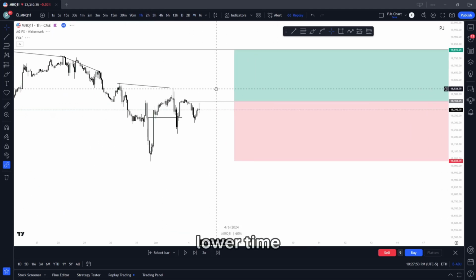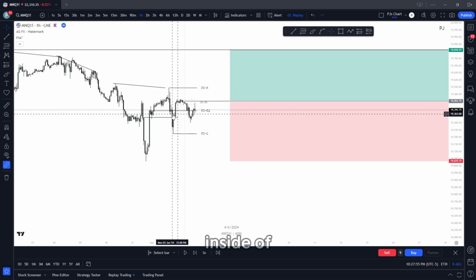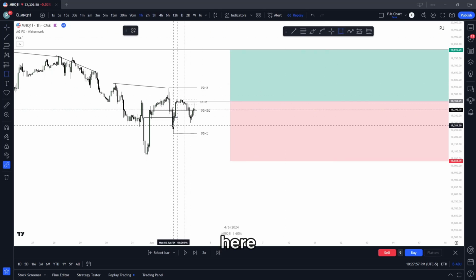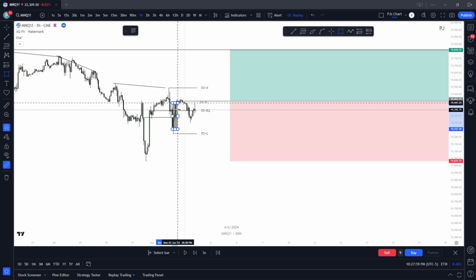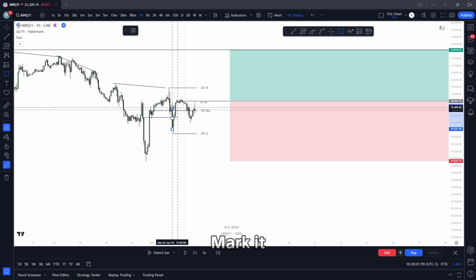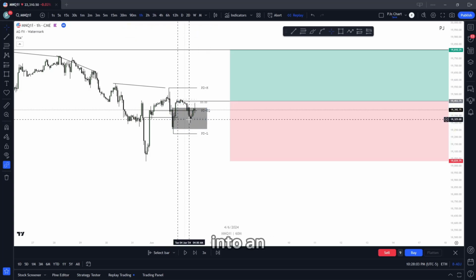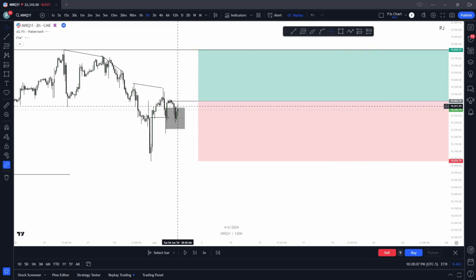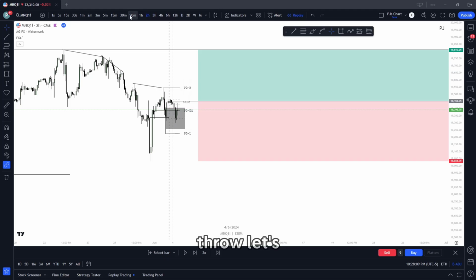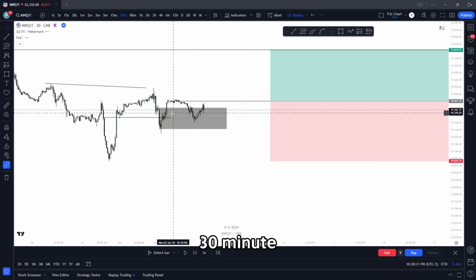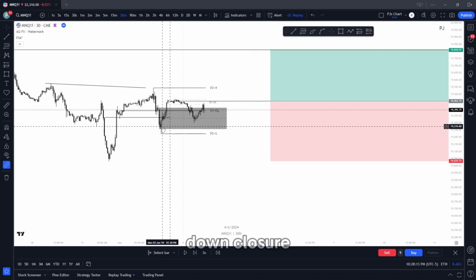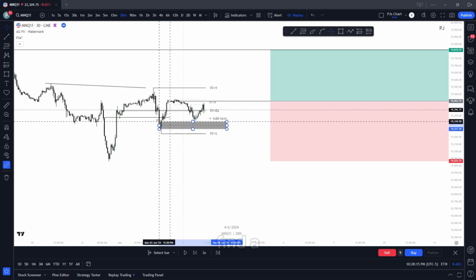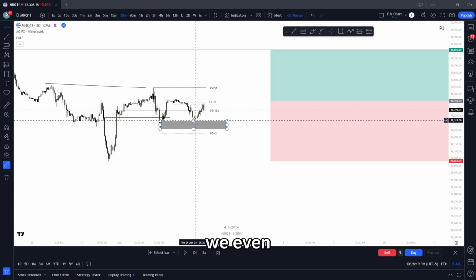Then we go even lower time frame. We can see we're inside of, right, this order block here. Mark it out. Come into an equilibrium, right? And even, if I put this on a 2-hour, right? Well, let's throw it on like a 30-minute. Right? Big thick down closure, right? We can even find a lower time frame order block in there. We can see that we even tap into that,